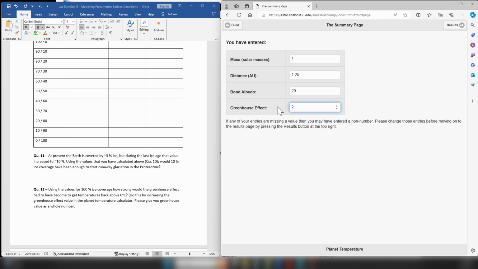Are you above or below 0? Then you're going to go to a greenhouse effect level of 3. Would the Earth's surface be above or below 0? And eventually you are going to increase the greenhouse effect to the point where you make it above 0. And this is the point at which your ice would begin melting. And so what you're going to do is you're simply going to write the whole number. So your greenhouse effect could be, I don't know, 5, it could be 10, it could be 15. You're just going to write the number here, but that's the strength of the greenhouse effect required to begin melting the ice if you had 100% ice coverage.